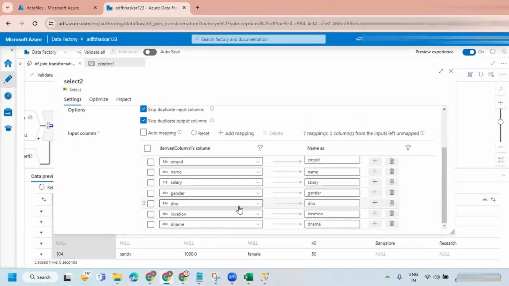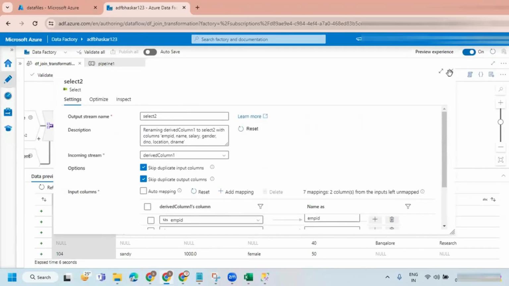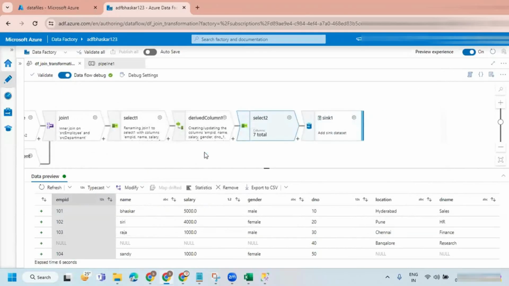Depart number underscore 1 and 2 are not available now; we remove them. Coming to performance, how will it be impacted if we add these select transformations? That will not impact. It is not doing any transformation; it is just taking the required columns and removing the rest. That's not going to impact.